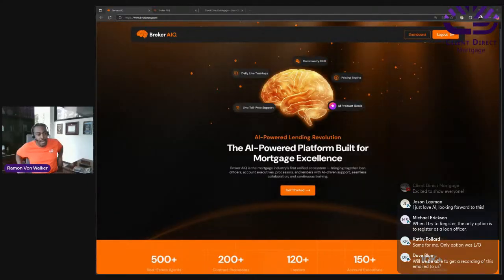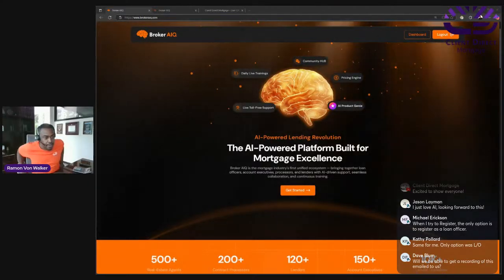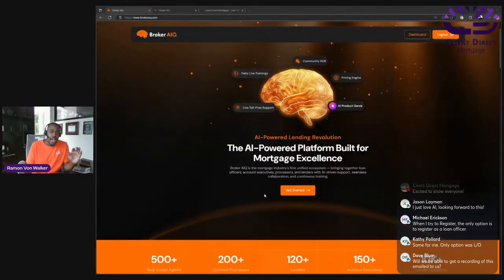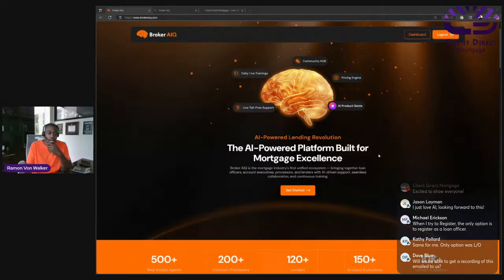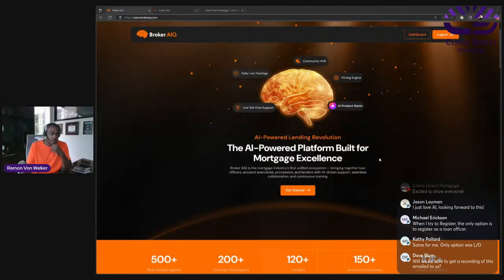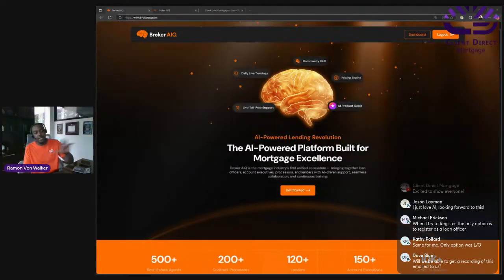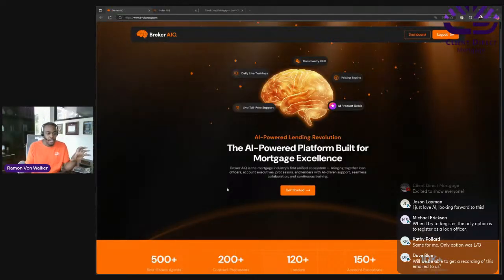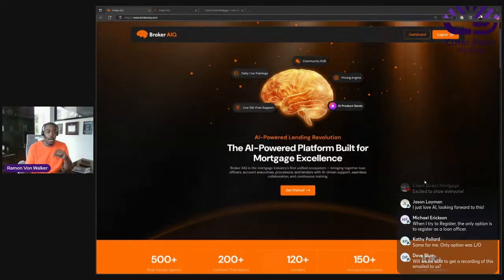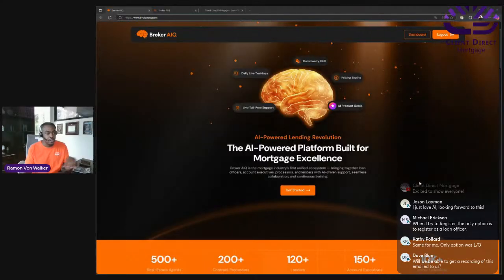Just search for broker AIQ, and that will allow you to make your account. Again, you cannot register on the site as an account executive, only as a loan officer. If you did that, we're just going to end up deleting that loan officer account you created, because all of you have an account executive account already, as we made them and sent them to your email address.